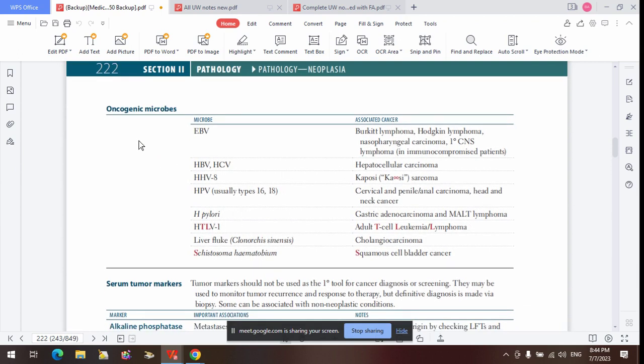So what are the oncogenic microbes? They are microbes that are capable of causing cancer. We have a lot of them, so we are just going to talk about them. Epstein-Barr typically affects B cells. So Epstein-Barr binds to